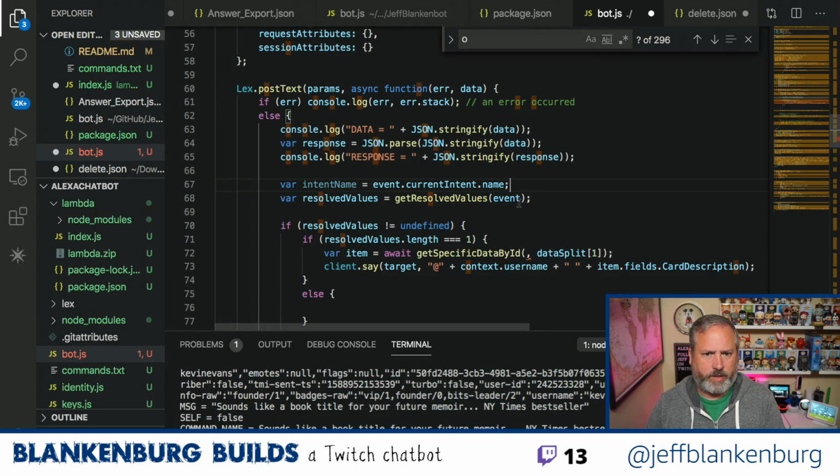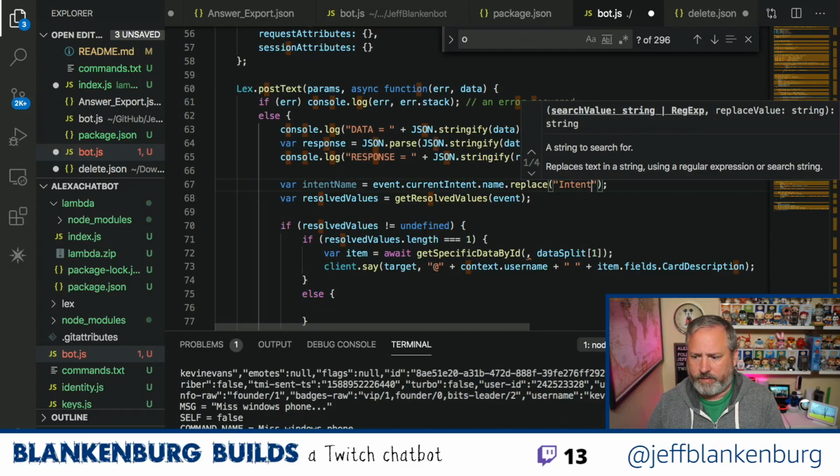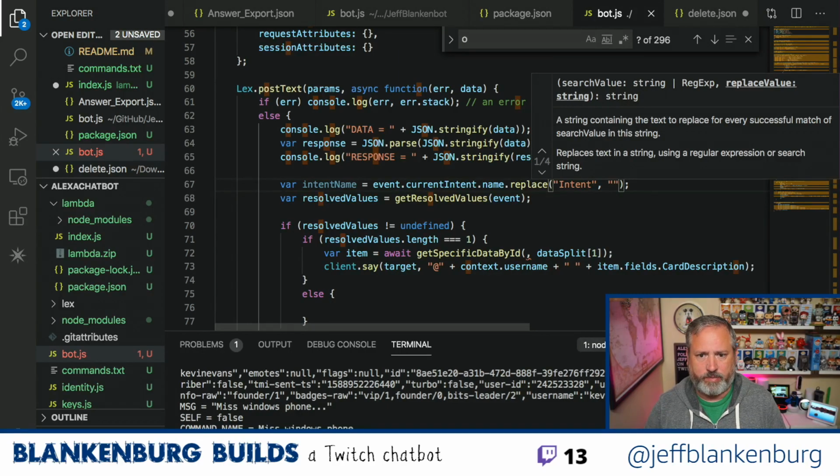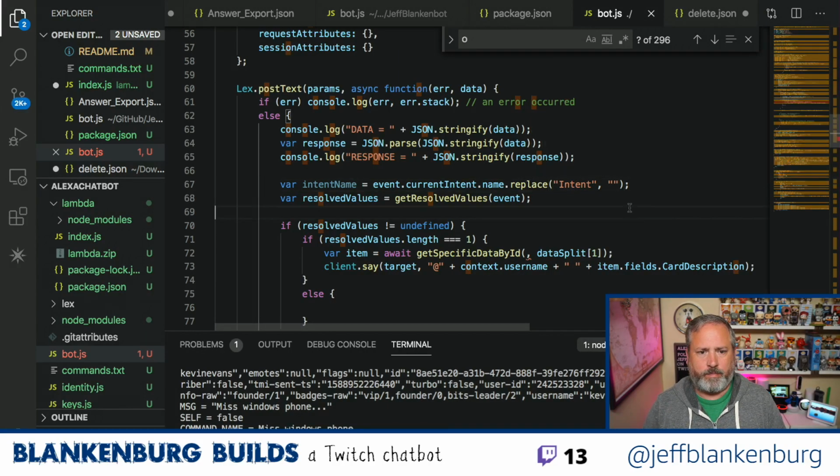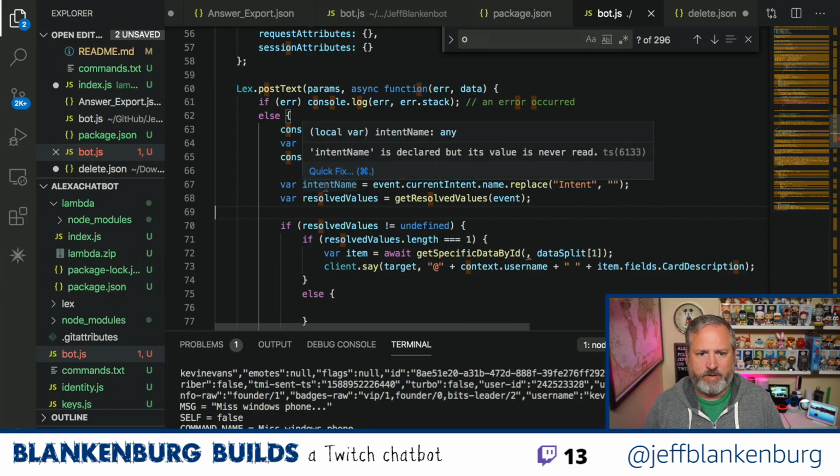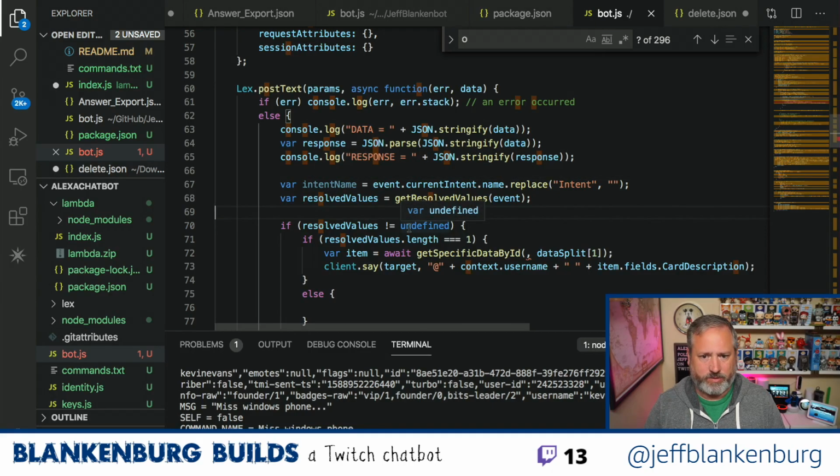And then we're going to do a .replace on that and take off the word intent, because I just want the name of the table, which I'm going to try and be consistent with. So I have intent name. This is the name of my intent now, which in this case would be answer.